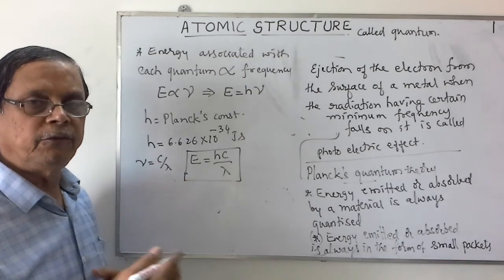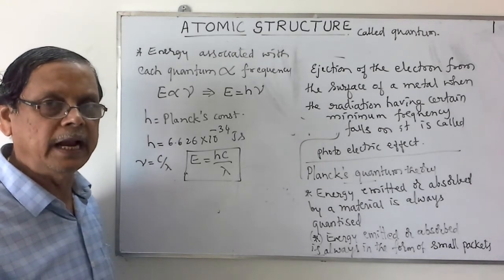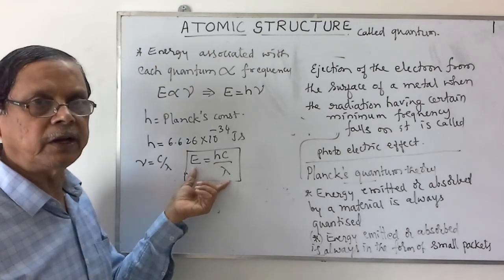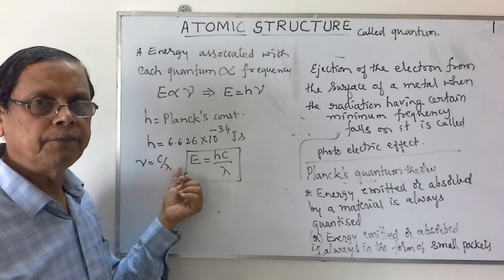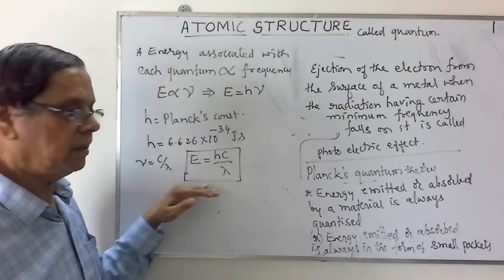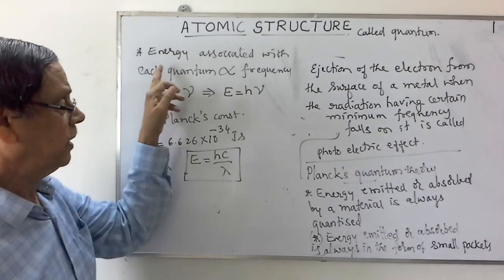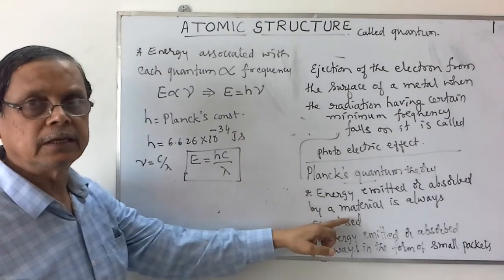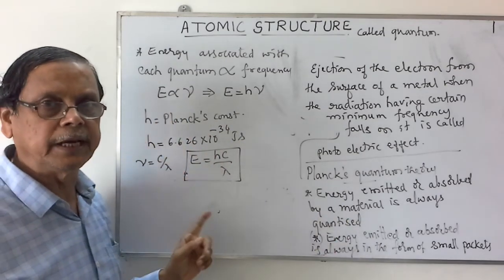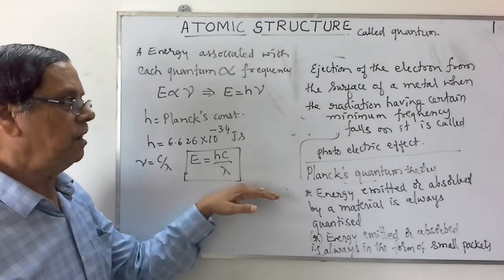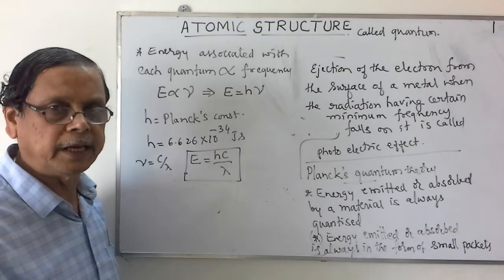For example, if you consider violet light and red light, we can compare the energy and frequencies or wavelengths. Higher the wavelength, smaller will be the energy. That's what we observe in case of the various radiations. This phenomenon of energy being quantized cannot be explained by considering the wave theory. That's why these phenomena are actually disproving the electromagnetic wave theory.